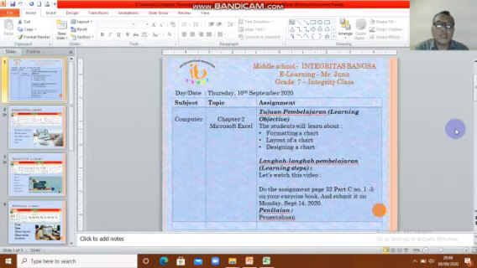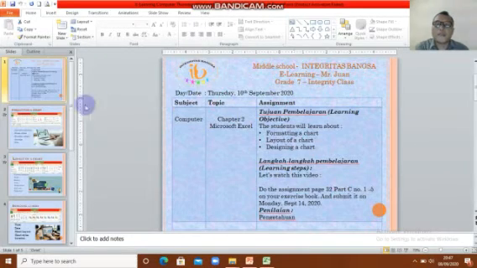Last week we also studied Microsoft Excel, especially the chart: how to insert or create a chart in Microsoft Excel, and also the components of a chart. I hope you still remember the last lesson. Today we will continue with formatting a chart, the layout of a chart, and designing a chart.